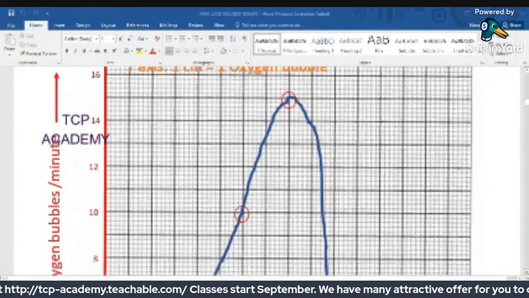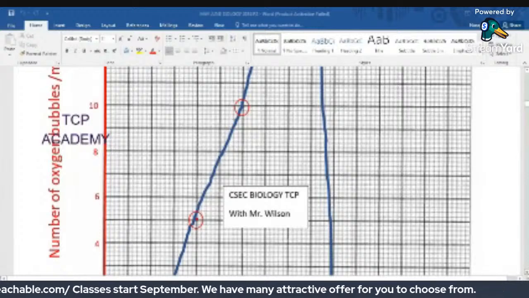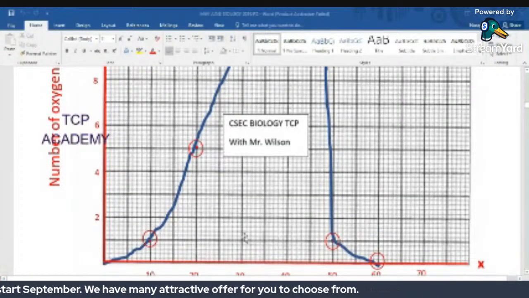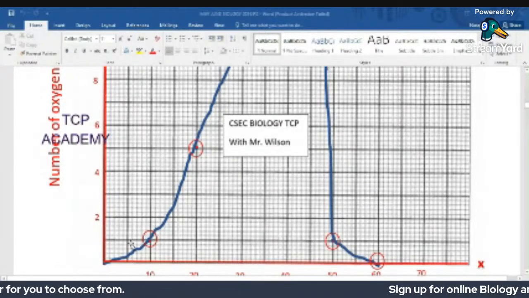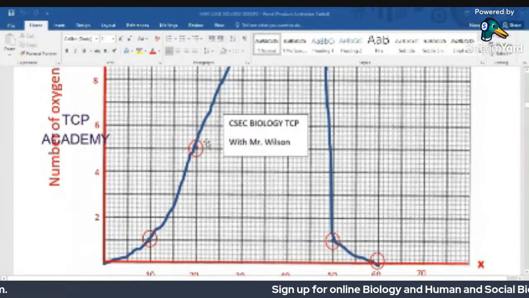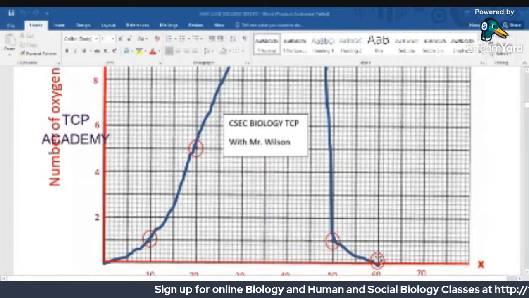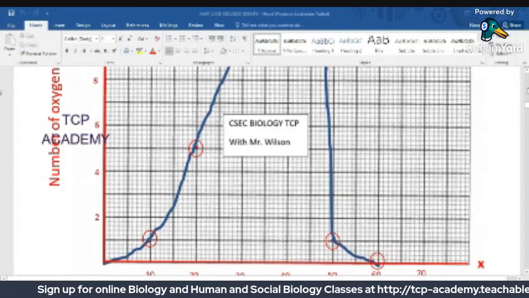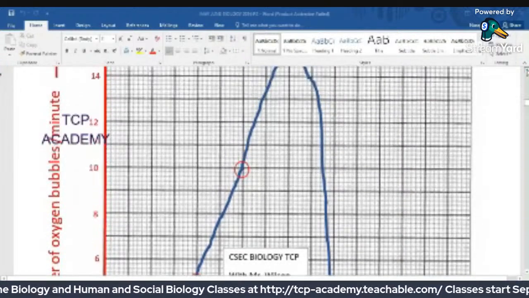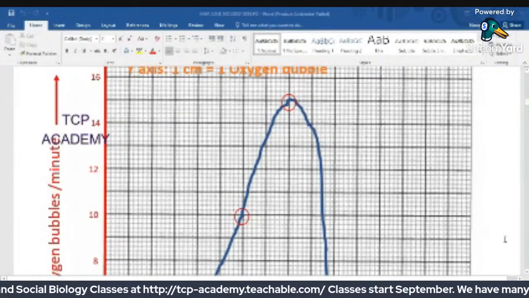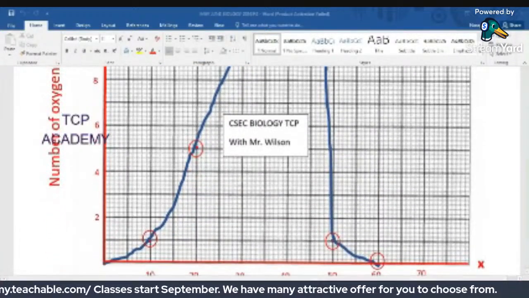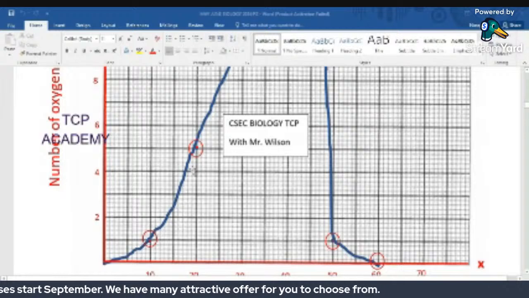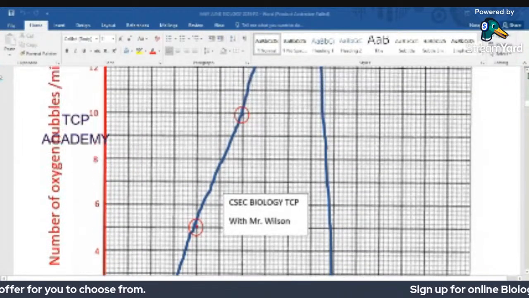Now we get into drawing the curve. Now all lines on a graph are referred to as curves. Now if you're using a dot to plot the points, then you want to ensure that the dots are all circled. So I'm using dots here. So I'm circling just to identify the points that I am supposed to swing the curve through. So you'll observe here that the dots are all there. I'm using Microsoft Word to draw this graph, so it might not be as if you were drawing with your pencil. So the line is all swung pretty much through all these points, and it comes up at the top